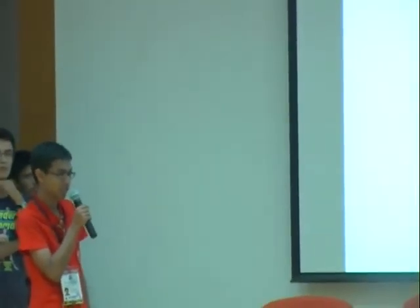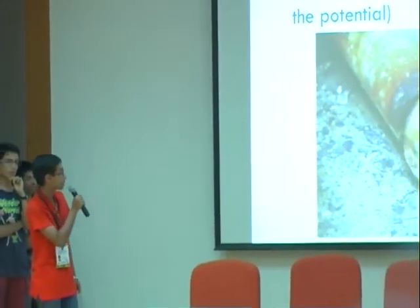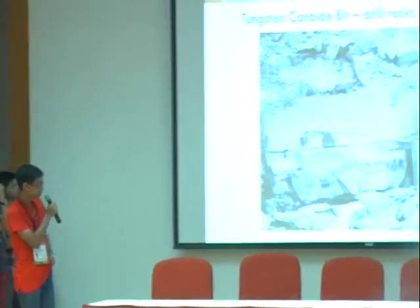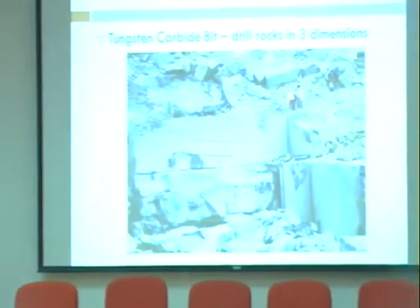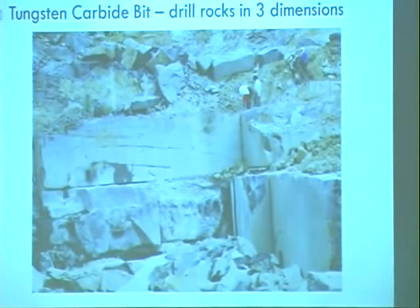Now, diamond is one of the hardest substances known to man. Of course, the diamond used here is not the natural diamond you find in expensive jewelry. It's just cheap industrial diamond, which is almost the same in hardness. And moving on to when they have found a suitable supply of dolerite, they use tungsten